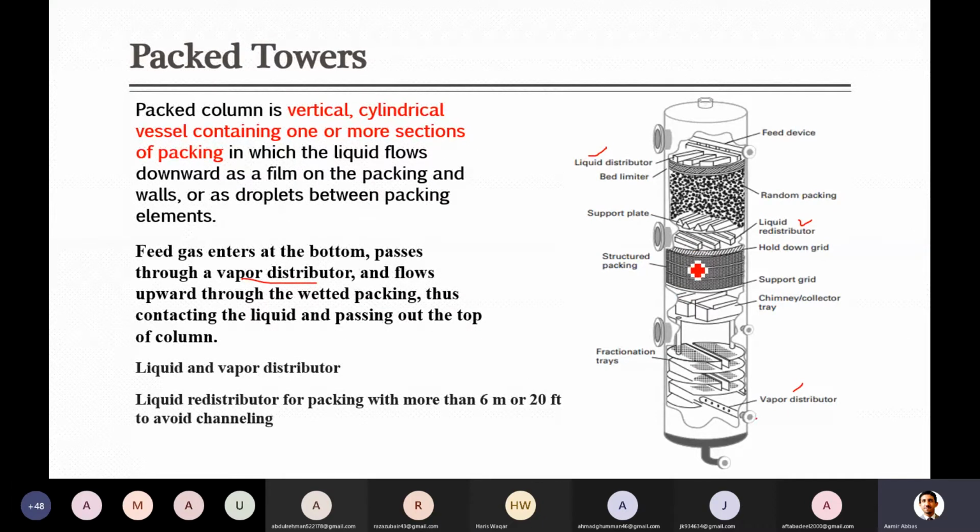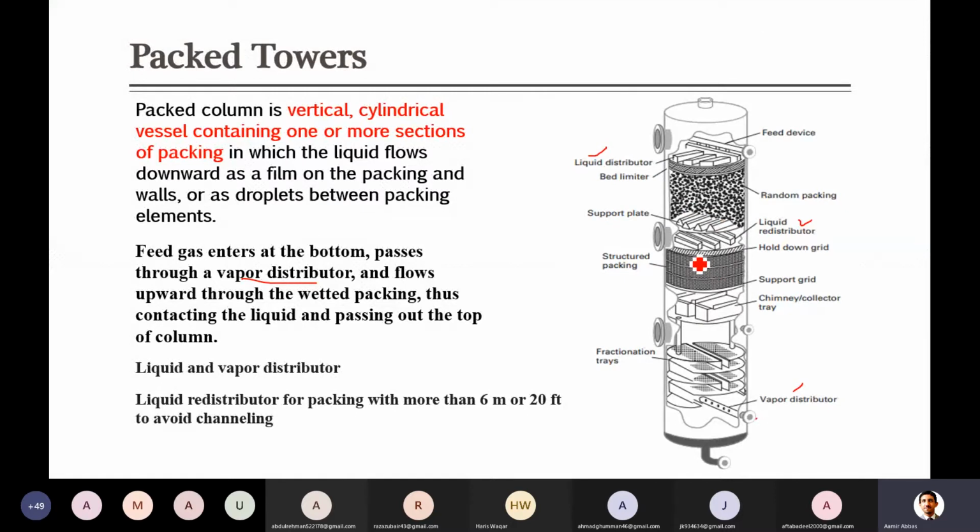So overall liquid distribution will be disturbed in such cases if you just fill a column which is, for example, 60 feet. If you fill one packing bed of 60 feet, after some time, when liquid initially was distributed properly, later on it starts making the paths which are easy to flow.